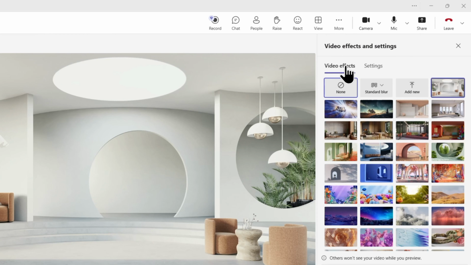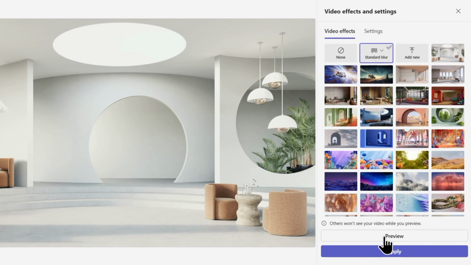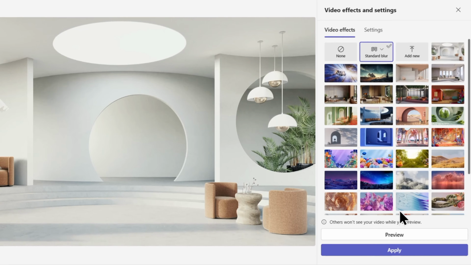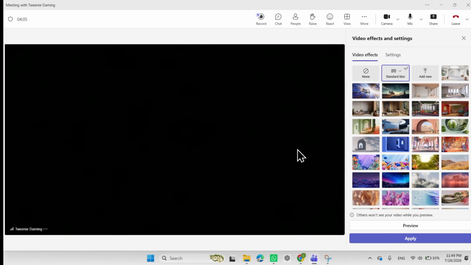Now in here, go to video effects, then choose blur or standard blur. Then click preview if you want to see it first, or click apply to save it. And that's it. If you don't see the blur option, make sure you're using the desktop or mobile Teams app